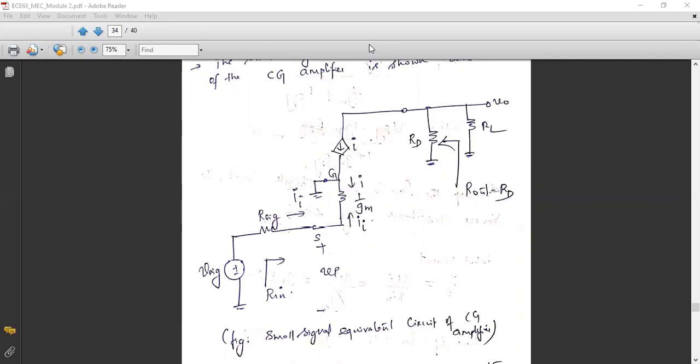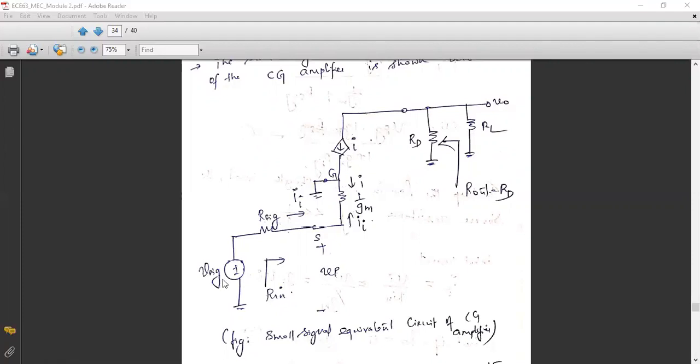Now, initially you have a capacitor in the main circuit diagram, but whenever you draw a small signal equivalent diagram, again the capacitor will not come into the picture. It will be deactivated. And you have a drain resistance at the drain terminal. So this is your drain, from where you have connected RD. And from drain to source, you have the current I. That current I will be flowing from drain to source. Gate is at ground. So that current I will be entering here. Meanwhile, IA is entering upwards.